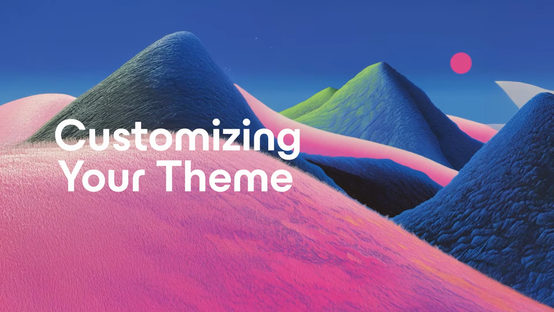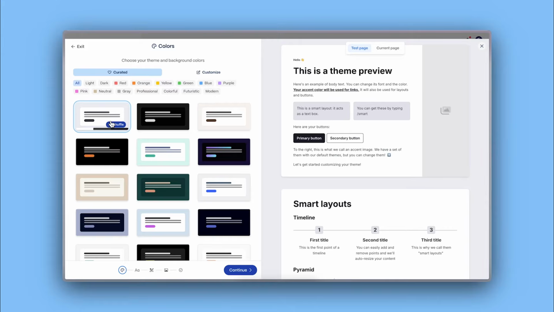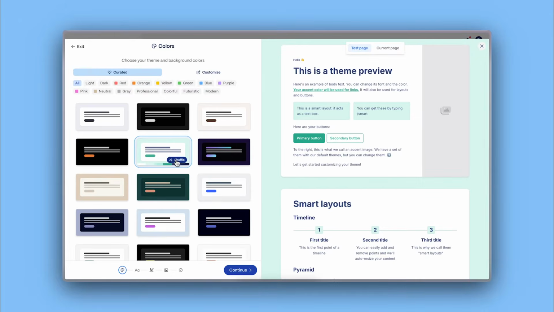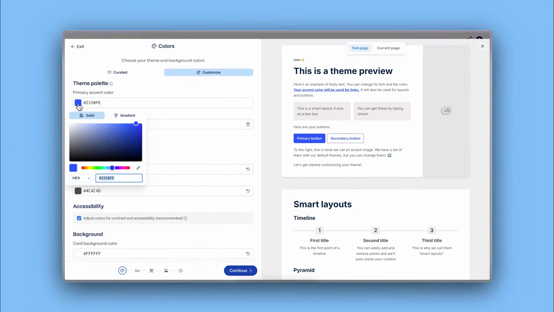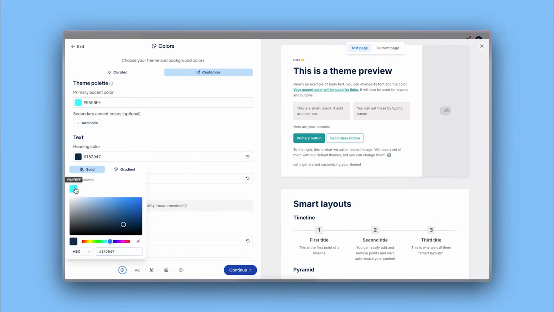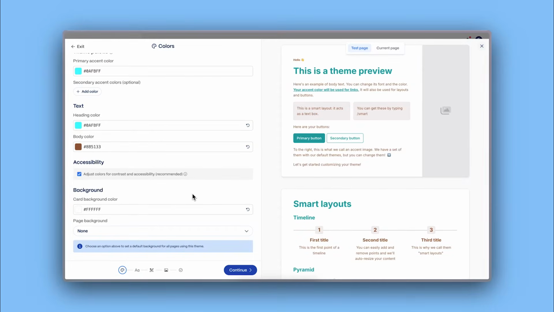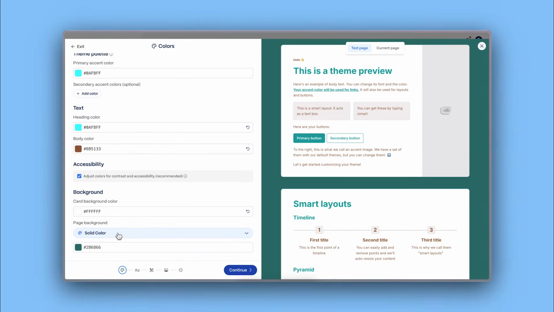Customizing your theme. Now let's explore the customization options. You can preview your theme at all times on the left. Color. Choose the main color palette for your theme. You can start with curated palettes or customize it completely to define specific accent colors, as well as those used for text and background. Under this tab, you can also customize the page background by choosing from images, solid colors,